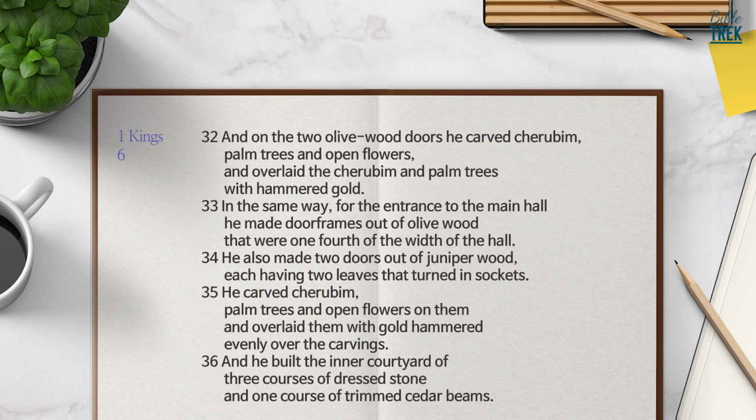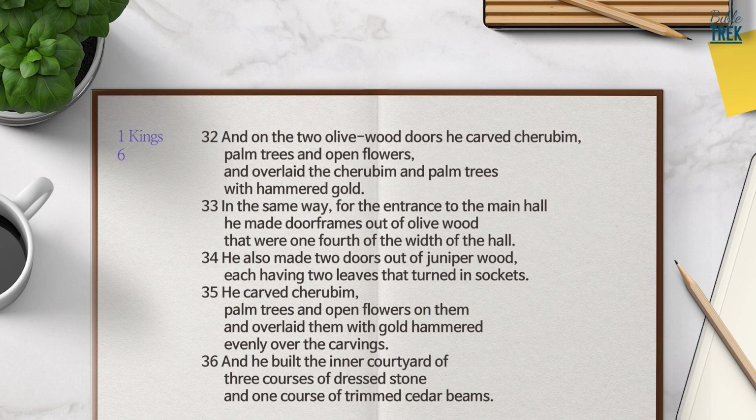And on the 2 olive wood doors he carved the cherubim, palm trees, and open flowers, and overlaid the cherubim and palm trees with the hammered gold. In the same way, for the entrance to the main hall he made door frames out of olive wood that were 1/4 of the width of the hall. He also made 2 doors out of juniper wood, each having 2 leaves that turned in sockets. He carved the cherubim, palm trees, and open flowers on them, and overlaid them with gold hammered evenly over the